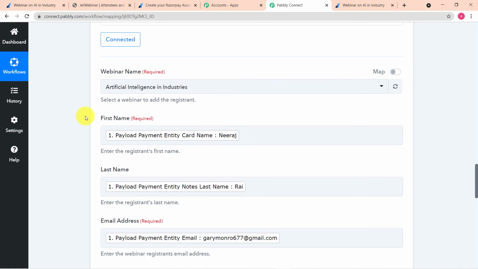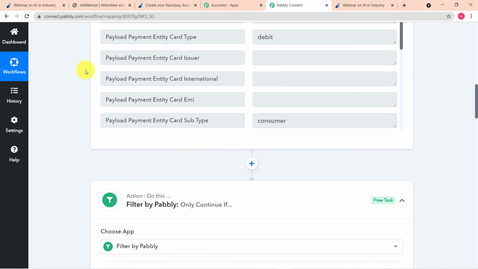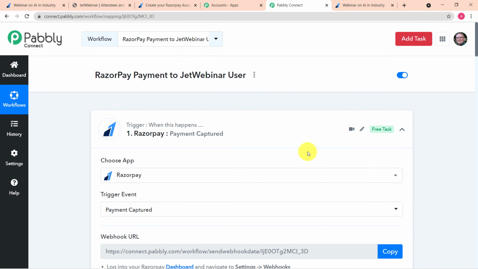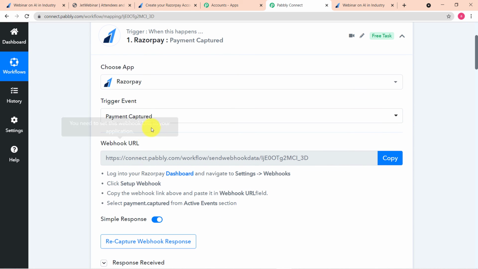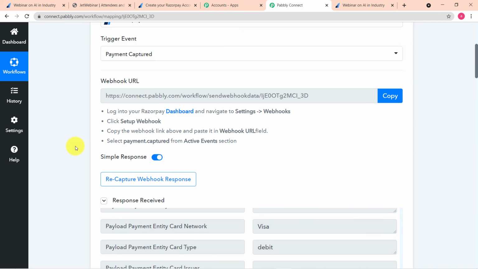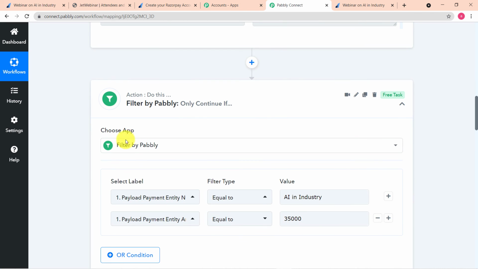So you can see in Pabbly Connect, we have filled the same details, and these are the details we got from the Razorpay payment. Now let me give you the quick recap of what we have done here. So first of all, in the trigger option, we selected Razorpay as our application, then connected our Razorpay payment page with this URL. Then we made a test payment and captured the data of the user like this. Then we applied the filter to make sure